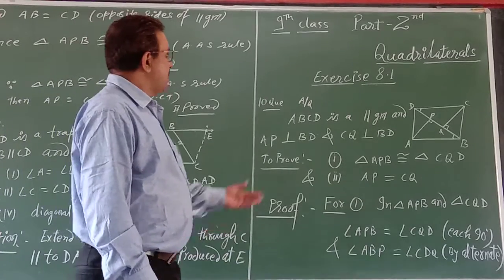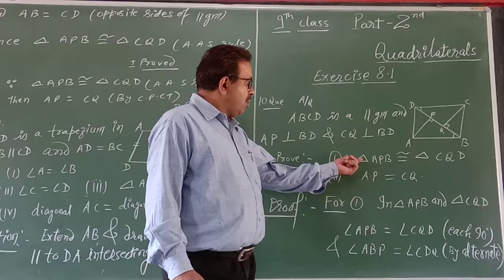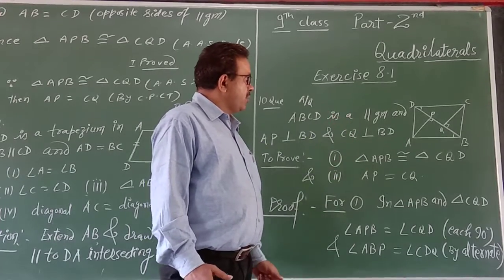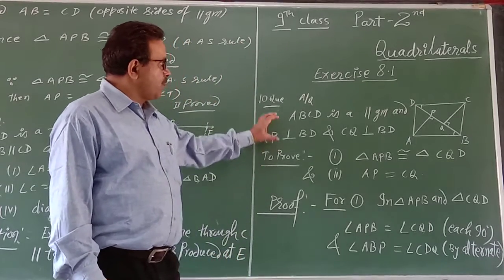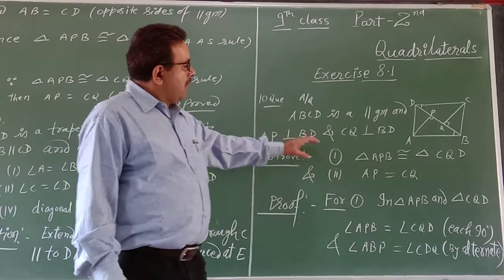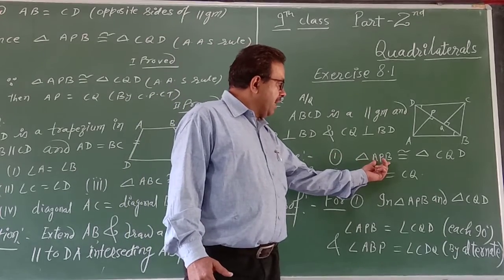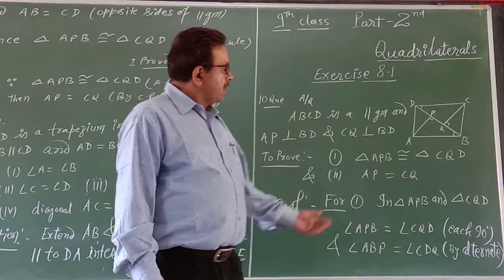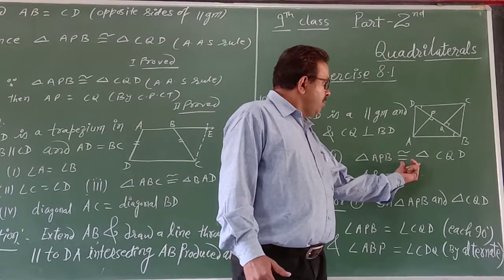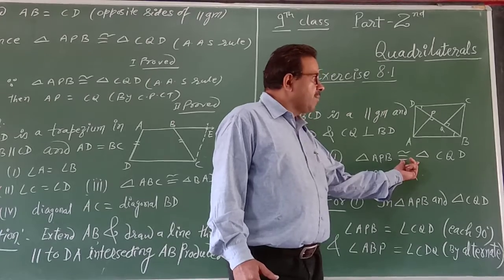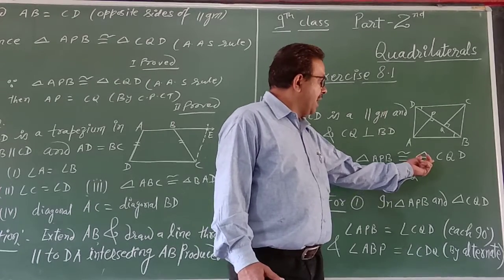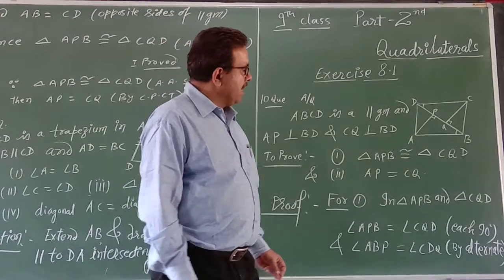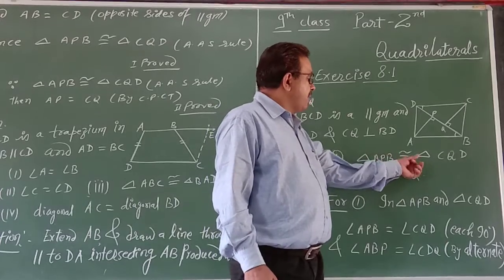आपको ये सोचना है हमें क्या दिया हुआ है और क्या प्रूव करना है। जो दिया हुआ है उसकी क्या क्या प्रॉपर्टी हो सकती है, यदि आपको जरूरत पड़े तो प्रॉपर्टी को अप्लाई करना है। अब यहाँ पर जैसे आपको प्रूव करना है कि ट्रायंगल APB कॉन्ग्रुएंट ट्रायंगल CQD। कॉन्ग्रुएंट के लिए हमको तीन पार्ट्स का इक्वल होना कंपलसरी है, जैसा आपने कॉन्ग्रुएंसी में पढ़ा है, SSS, SAS, ASA, AAS, RHS वगैरह।